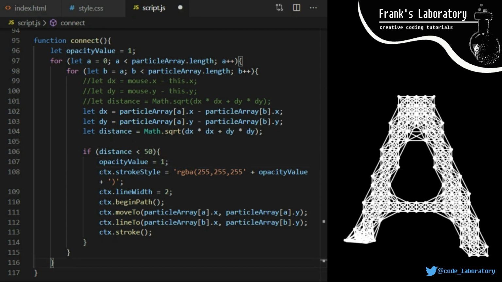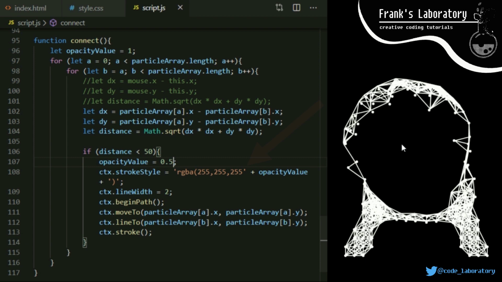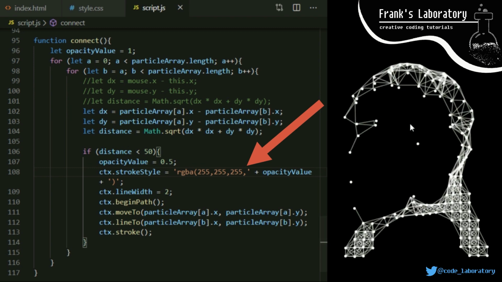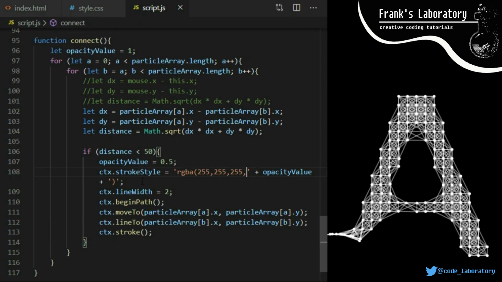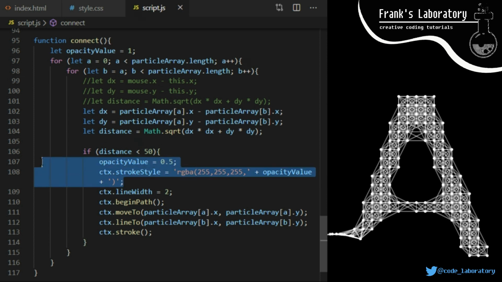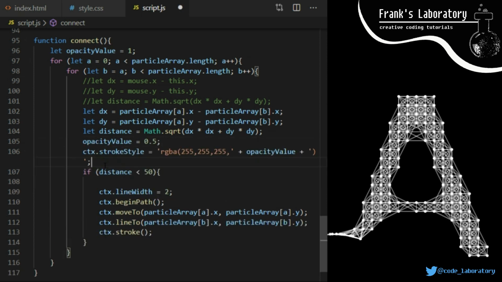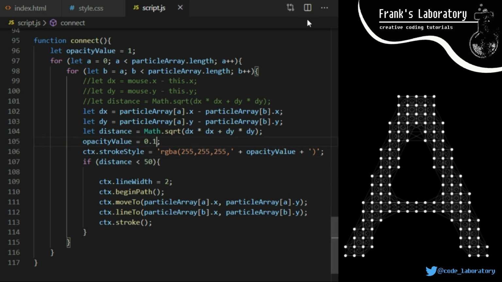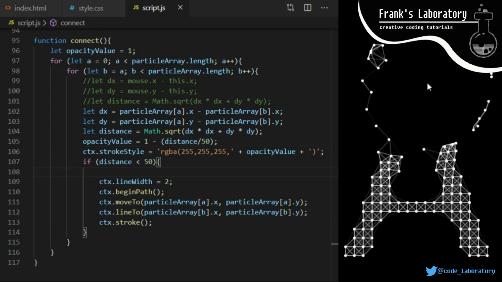Here I am struggling a bit because I didn't notice I forgot one comma on line 108 inside RGBA color declaration. Just bear with me a bit. Nothing is changing about the code, I'm just trying to find the problem. Now I noticed the missing comma and suddenly everything works. What I will do now, I will copy these two lines and place them outside the if statement, which thinking back was not necessary because lines are only drawn if we enter the if statement on line 107. Now I just restore the formula to dynamically calculate opacity on line 105 and the base effect is done.